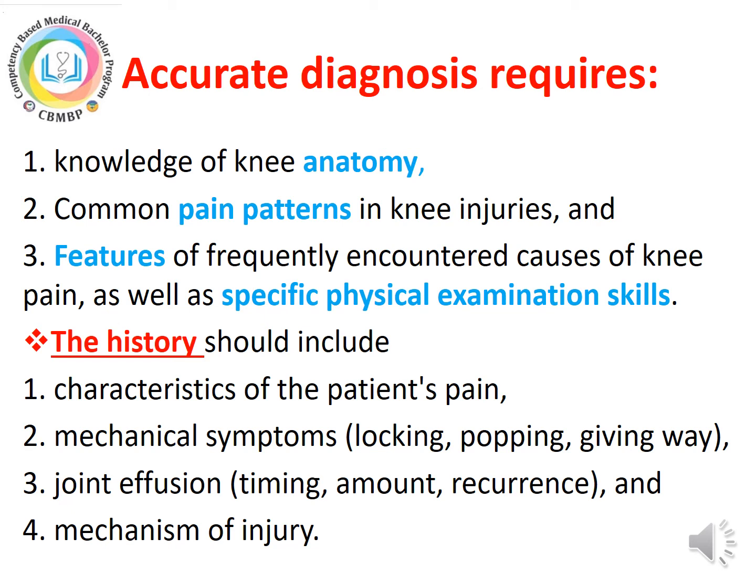physical examination skills. Your history should include the characteristics of the patient's pain, mechanical symptoms like locking, popping, giving way, and joint effusion, the amount of joint effusion, whether it is mild, moderate or severe. The recurrence of joint effusion is very important, the timing of knee effusion also is very important, and the mechanism of injury may be involved also in your